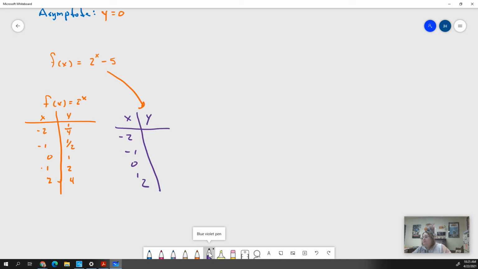So this would be negative 4 3/4. This would be negative 4 1/2. This one would be 0 minus 5, which is minus 5. This would be 1 minus 5, which is minus 4. 2 minus 5, which is minus